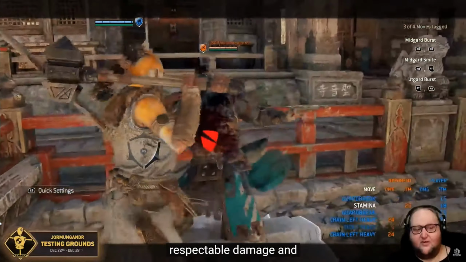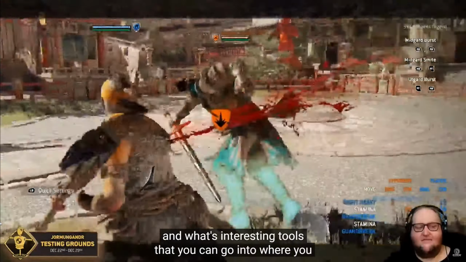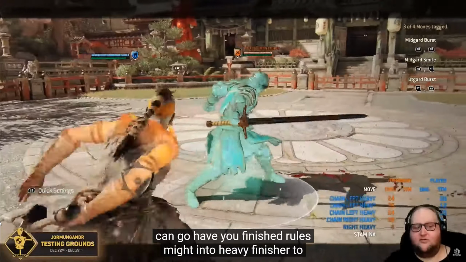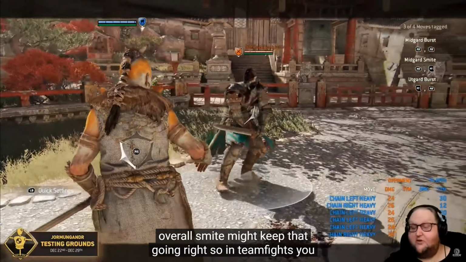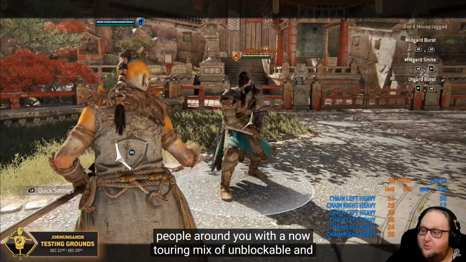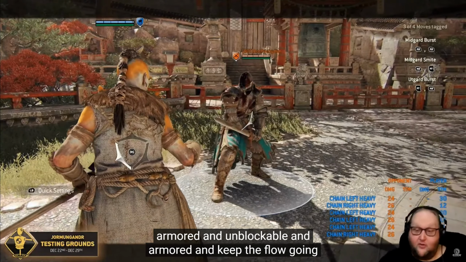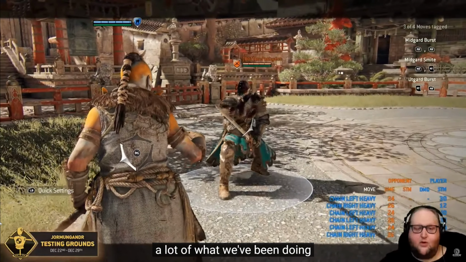What's interesting too is that you can go into situations where you can go heavy finisher into Ouroboros Smite, into heavy finisher, into Ouroboros Smite. Keep that going, right? So in team fights, you can see this is going to be quite strong. You can hit people around you with an alternating mix of unblockable and armored, and unblockable and armored, and keep the flow going. A lot of what we've been doing with Jormungandr is really work on the hero's flow